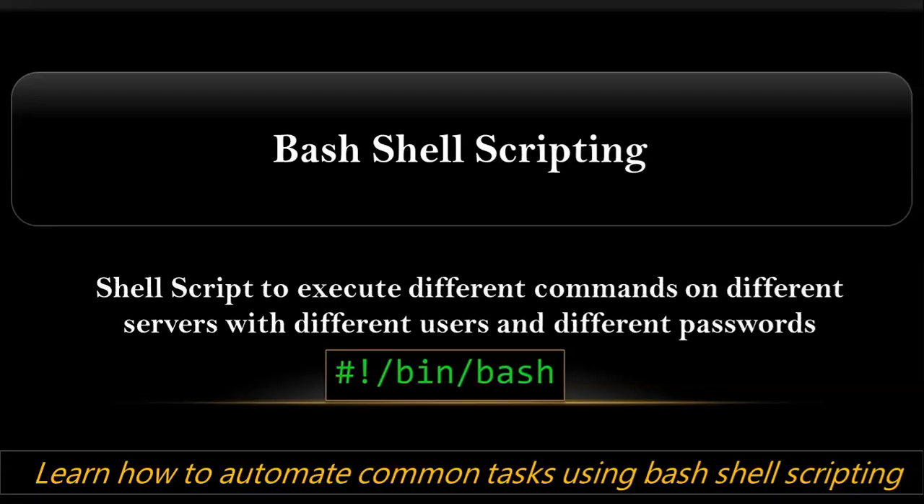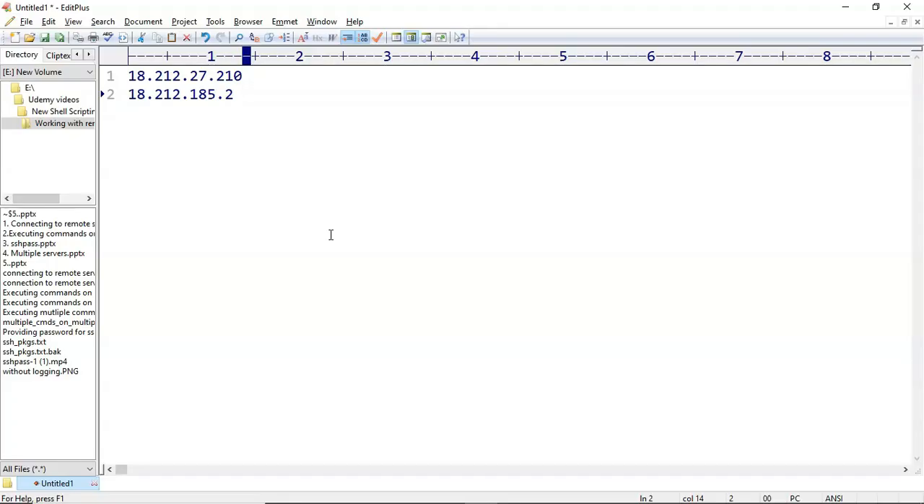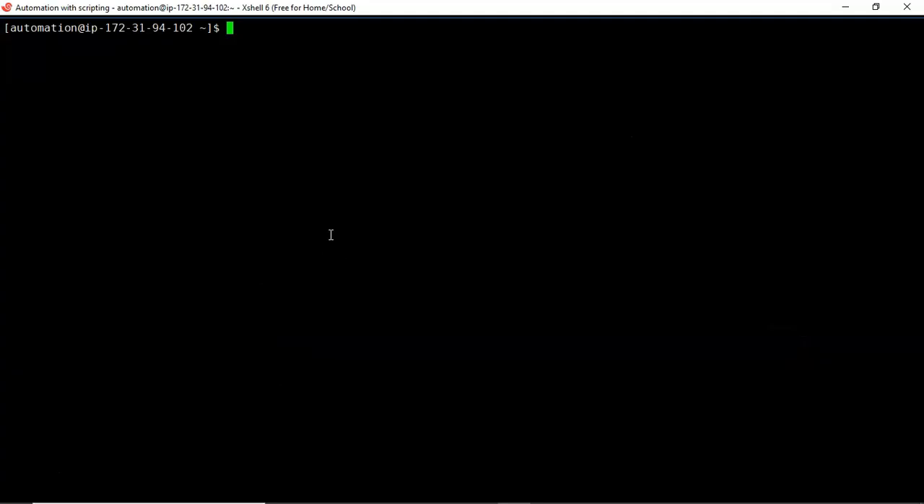Friends, here we are implementing a simple shell script to execute different commands on different servers with different users and different passwords. Suppose I have these two remote servers. Already we implemented a shell script to execute the same commands on different servers with the same username and password. If you go with our previous shell script,